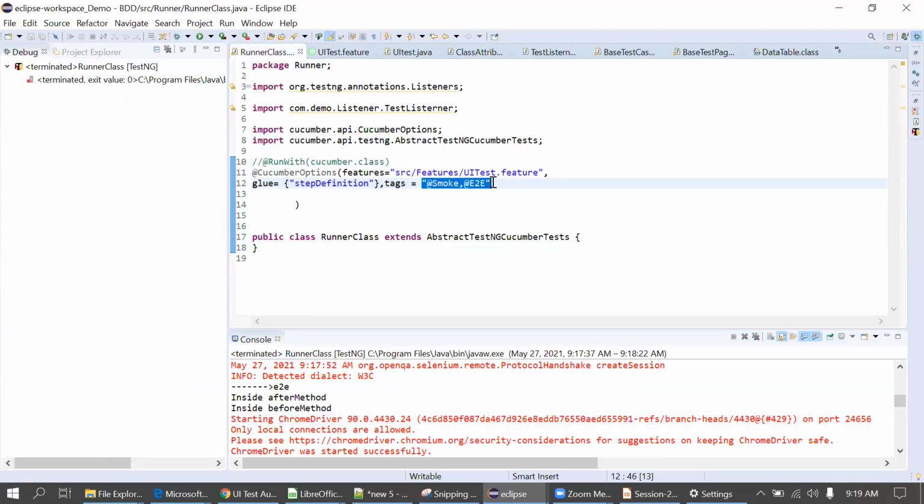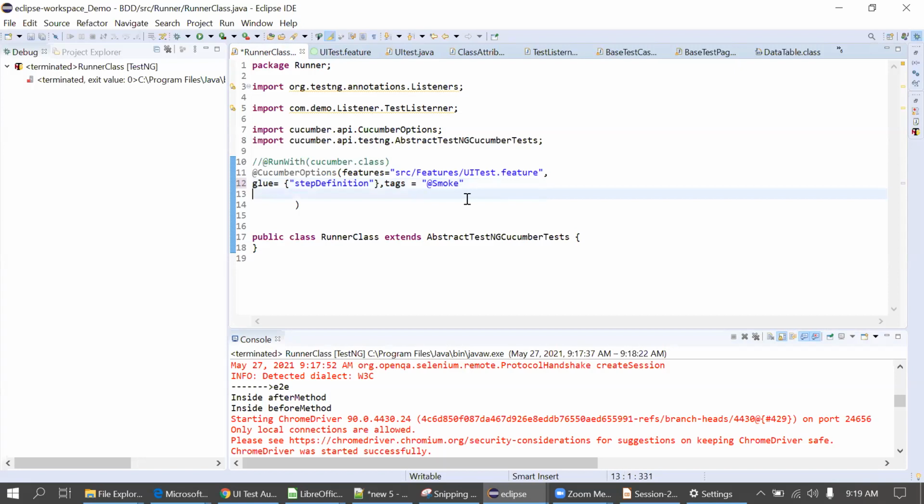If you want to execute only smoke, then we write only smoke. Or if we don't want smoke, then we simply put the negation sign in front of smoke, right? Yes, negation. So it will skip the smoke and execute all other test cases. Okay, thank you, sir. Yeah, thank you.